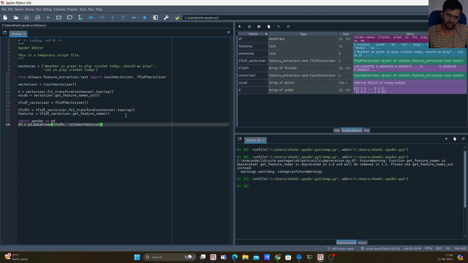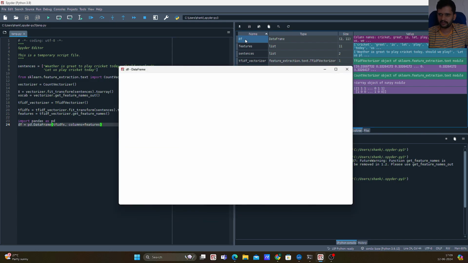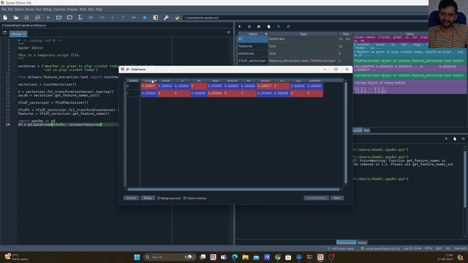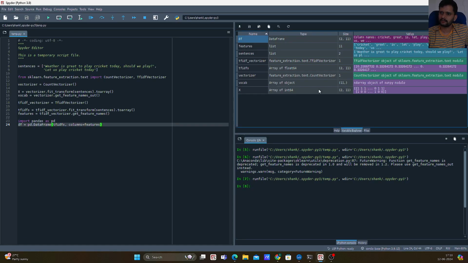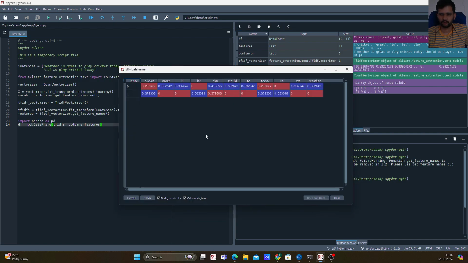So if I execute it, I'll have a data frame created, and you can see cricket for sentence 1 has got a TF-IDF value of 0.2366, right? Similarly, you can have a look at different values for different words. Okay, so let me open it again, right? So now you see here,